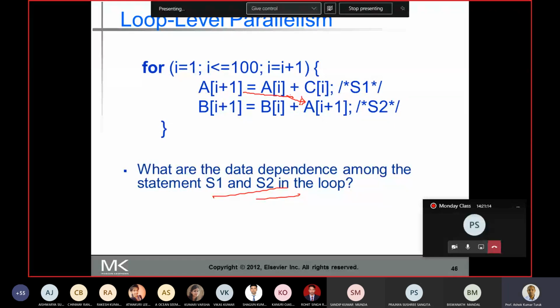Let me repeat what a loop carried dependence is. One iteration of the loop depends on the previous iteration of the loop. If a variable used in one iteration depends on the result of the previous iteration, then there is a loop carried dependence. Is there a loop carried dependence here?